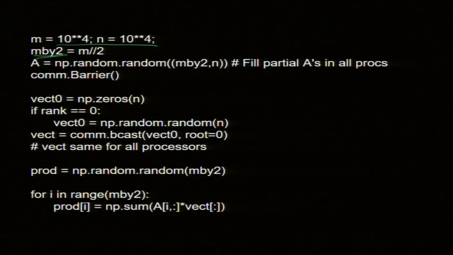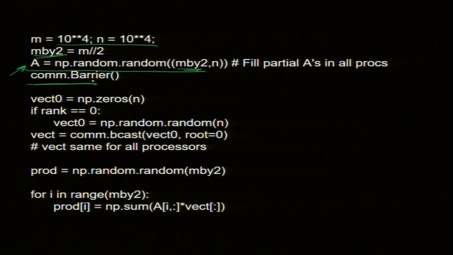So, m by 2 is m by 2, and then you fill, right now I am putting random numbers, but you fill. So, this program is running on each processor. So, I fill numbers for the segment which I have. So, this is not full A, but it is half of A. So, I am not writing a partial A or something. Okay. A is understood to be the part of the big array.